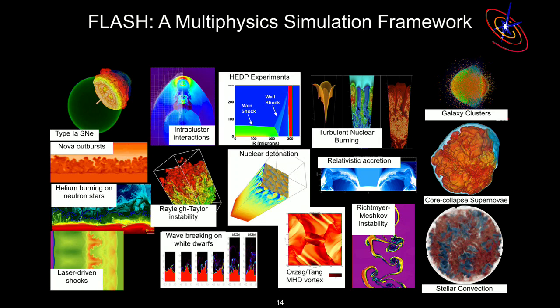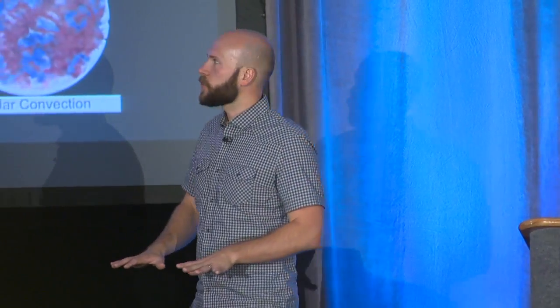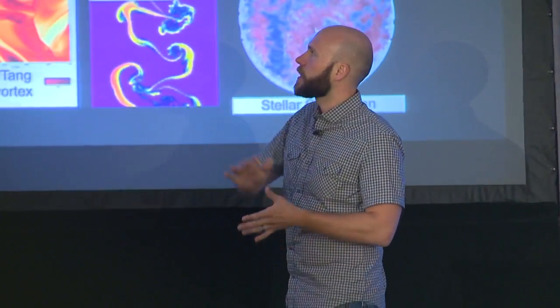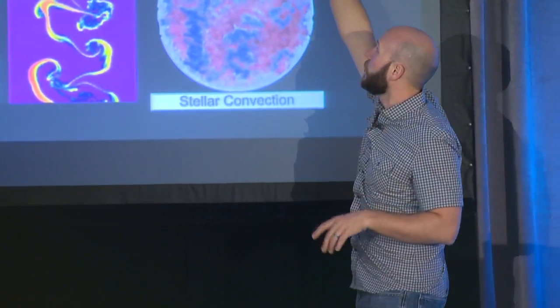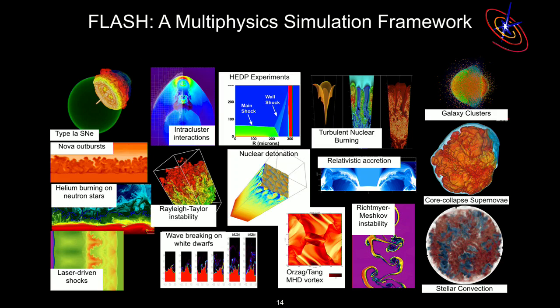So it has a long history of being an open source community code. It has a very big, broad community working on an enormous range of problems, principally in astrophysics, but not strictly. So there's things like Dean talked about type 1a supernovae. I actually work on the better kind of supernovae called core collapse supernovae. And also some problems in stellar evolution.